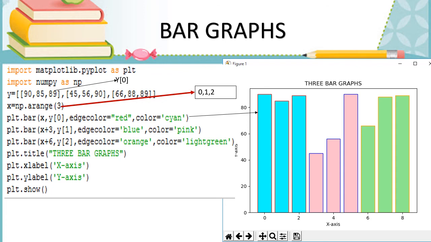And next bar, x plus 3. X plus 3 means the present x value is 0, 1, 2, so we have added 3: 0 plus 3 is 3, 1 plus 3 is 4, and 2 plus 3 is 5. And y of 1 means it will take the second sublist of y. Based on it, the second bar graph is drawn. Face color is pink and edge color is blue.